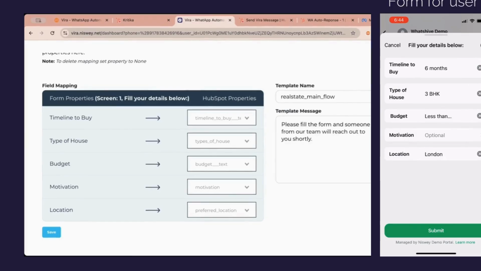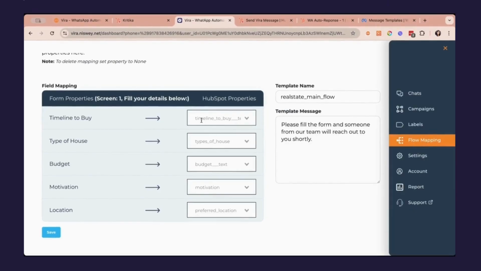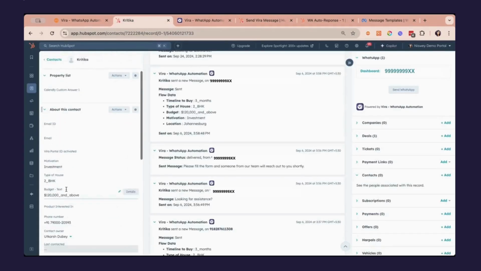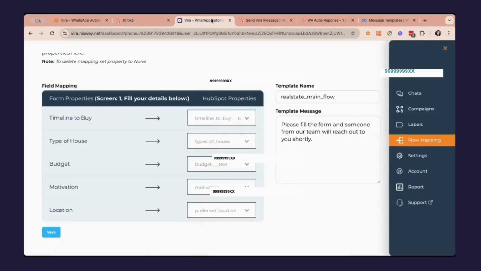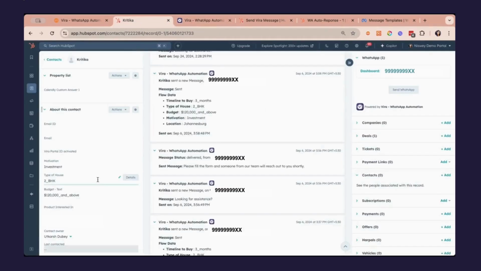So what we do is, whenever you are creating the form, you ask your customers to fill up certain properties or certain fields. So you can create these properties on HubSpot, just like these, and you can ask your customers to fill up the form. You can set which property to basically fetch the field answer that the customer has given. So here you are just fixing what has to be done, and this gets updated whenever the form is filled